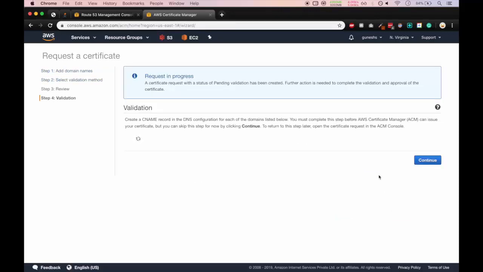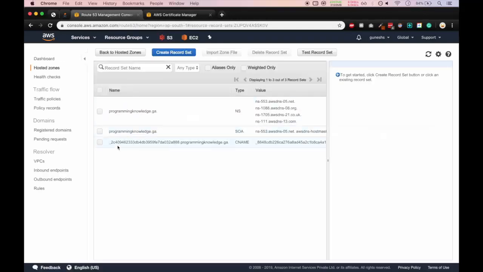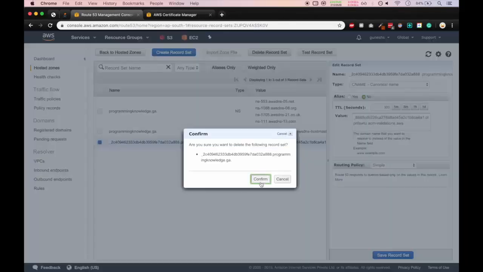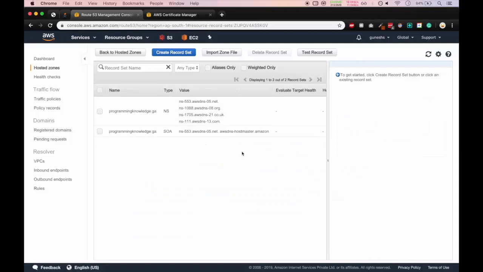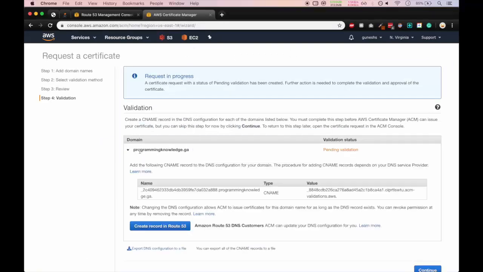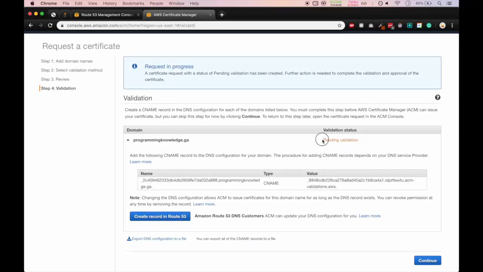And so a request is in progress. The certificate manager will check whether our domain name exists or not. For that it takes some time. Actually, I had already created a record set in Route 53, so I will delete that. Okay, so while it is pending, click on the programmingknowledge.ga domain, and here you can see it is in pending,